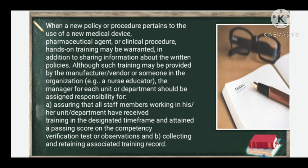When a new policy or procedure pertains to the use of a new medical device, pharmaceutical agent, or clinical procedure, hands-on training may be warranted in addition to sharing information about the written policies. Although such training may be provided by the manufacturer, vendor, or someone in the organization, such as a nurse educator, the manager for each unit or department should be assigned responsibility for